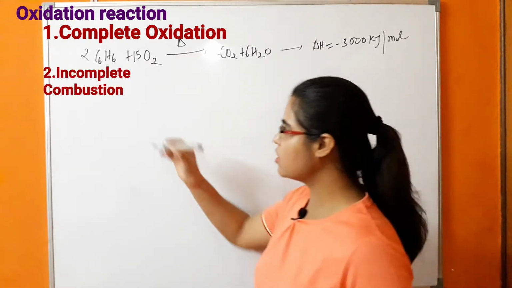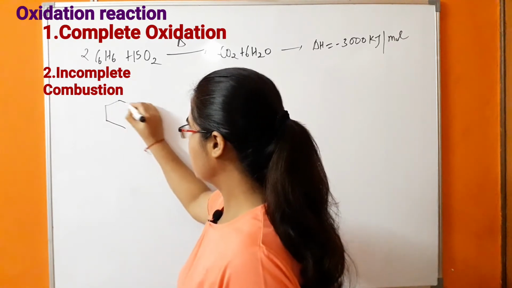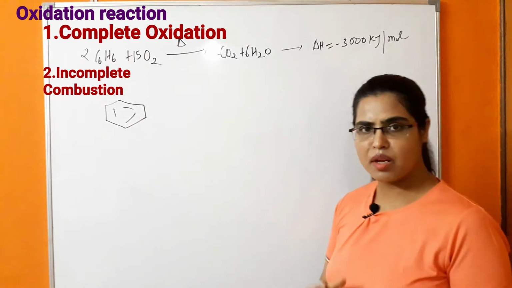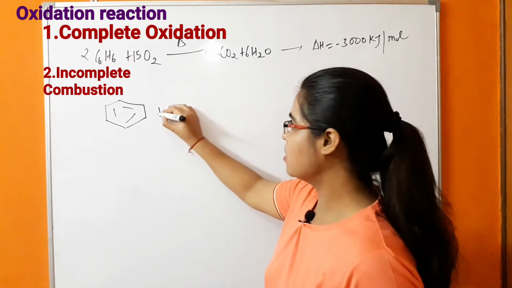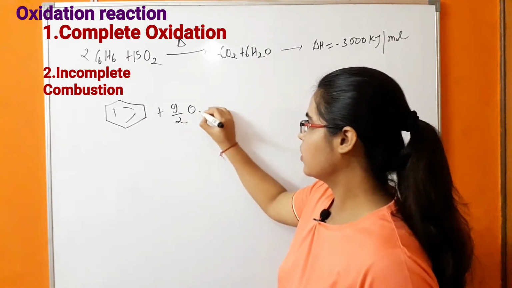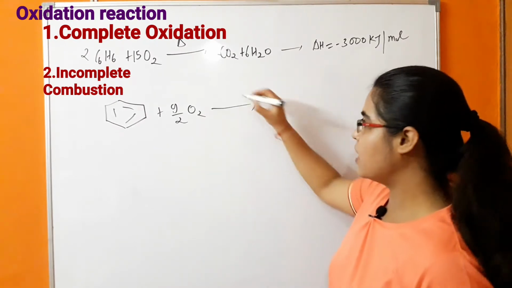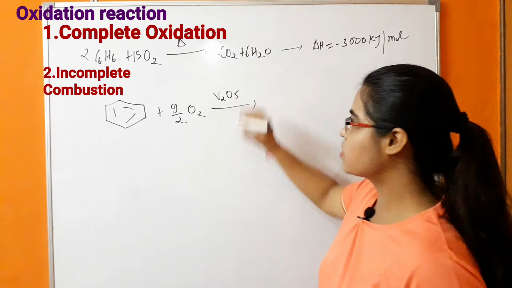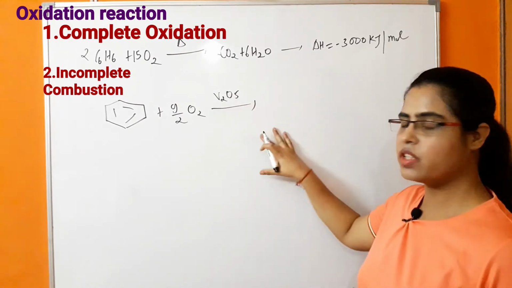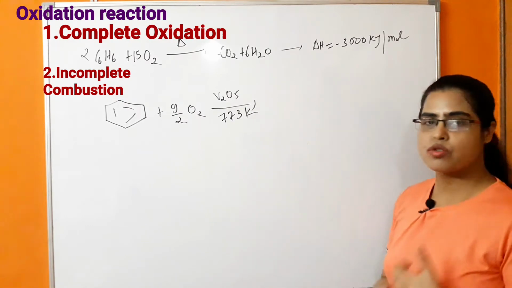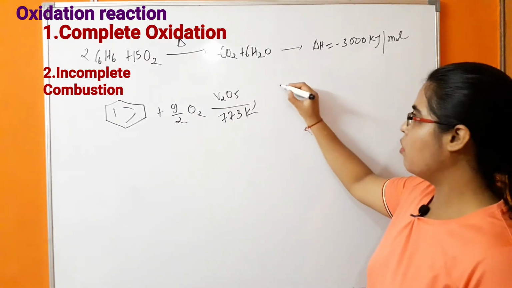Next is incomplete combustion of arenes. So what is happening in this case? Benzene is heated in the presence of a limited supply of oxygen. In this reaction, a catalyst is also used, that is vanadium pentaoxide, and the temperature of this reaction is 773 Kelvin. So there is a formation of